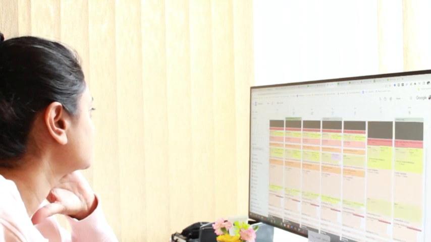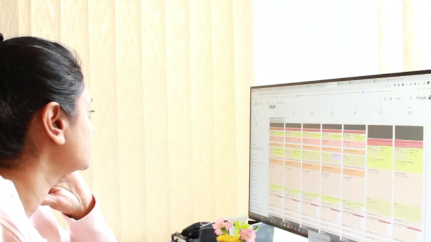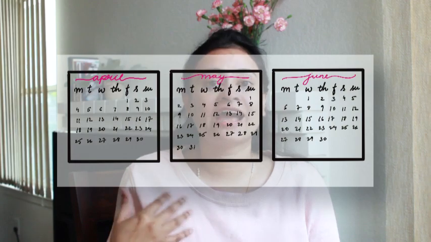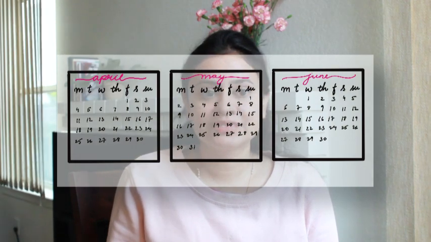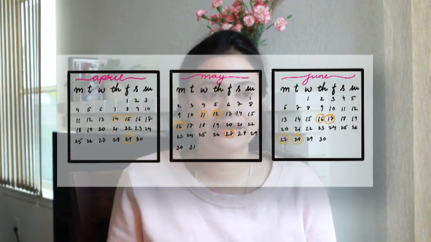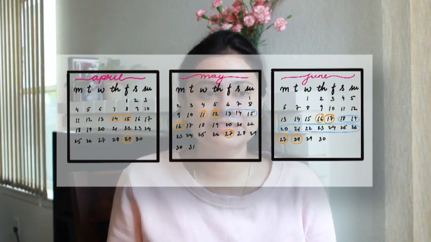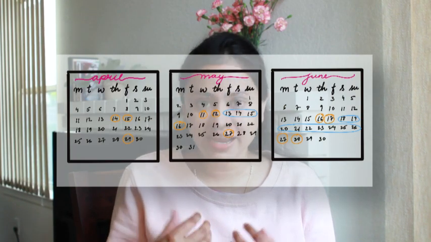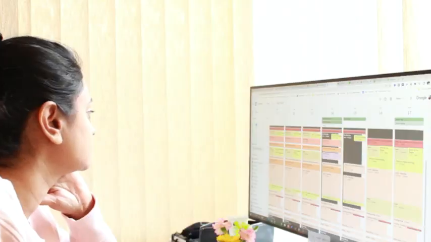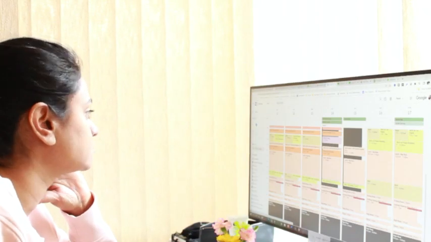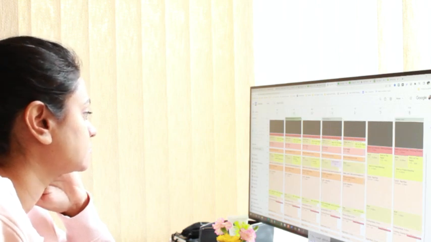Alright, so I identified 3 projects, and the next thing that I did was look at my calendar and block off all the days when I can't work or I don't want to work. So all the dates where my kid is going to be home and I won't be able to give time for work, I crossed off those days. Next, I crossed off days that I don't want to work. So I've decided to start giving myself days off. Every month I have a few days that I want to take off and do nothing. So I cancelled out those dates.